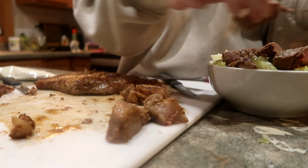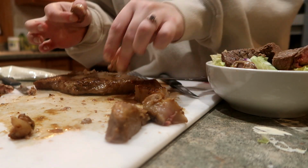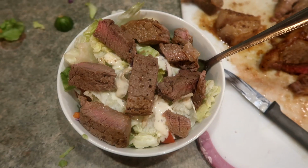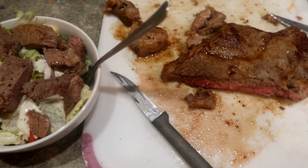Just with all of the cold weather we've been having, getting dumped with snow, it felt so nice to have something that just reminded us that winter is not forever. We will be grilling, and fresh salads will be coming out of the garden again, and it was really, really